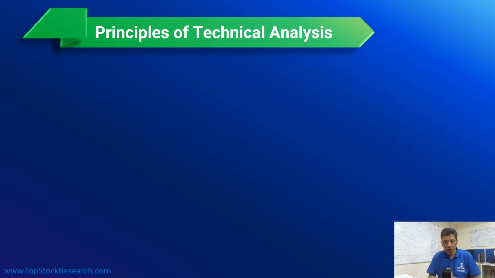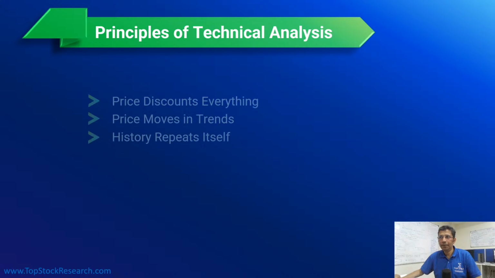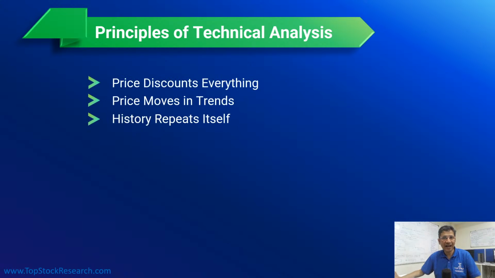So price action, as we said, is the purest form of technical analysis, and it is very much part of technical analysis, right? So we'll take a moment to go through what technical analysis is and what the typical principles of technical analysis are. There are 3 basic principles of technical analysis. Number 1 is price discounts everything. Number 2 is price moves in trend. Number 3 is history repeats itself, right? We'll drill down into each one of them